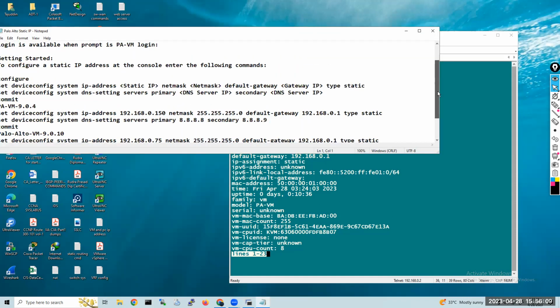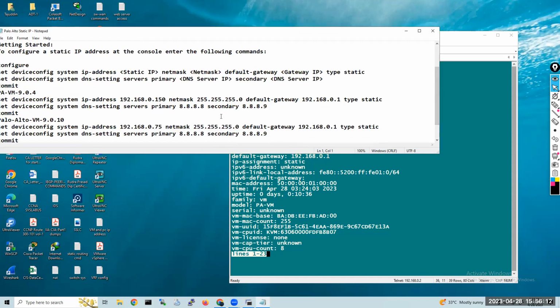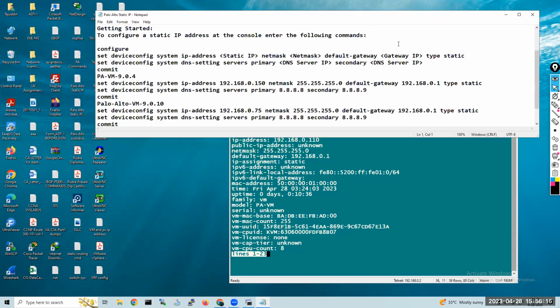Yeah, so this is the IP address, like how we can give it right now. I give something like 150, but the thing is that it should be the same network. If it is a different network, then again you have to configure a routing protocol. Okay, remember that. You have to configure your routing protocol.